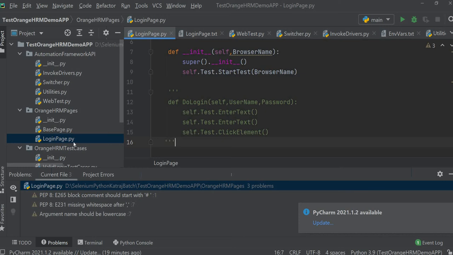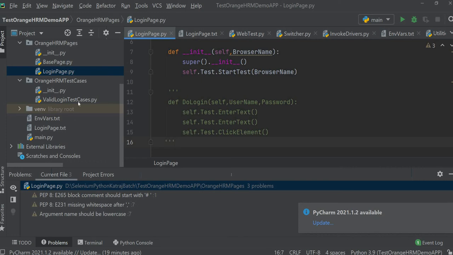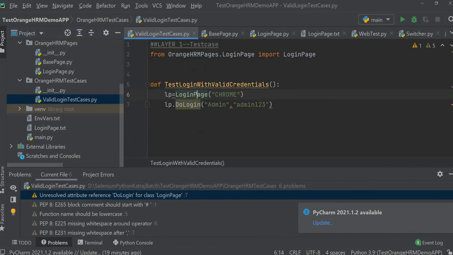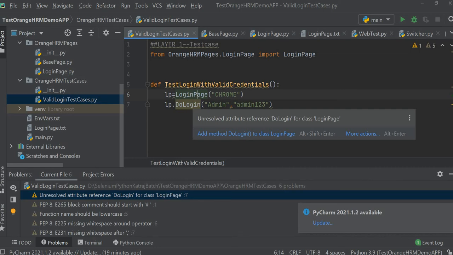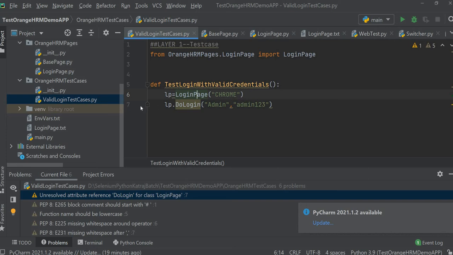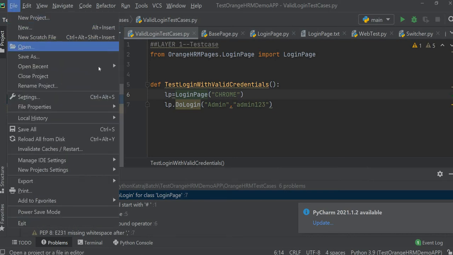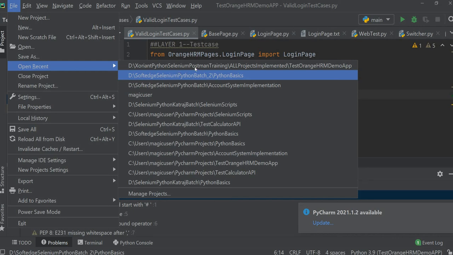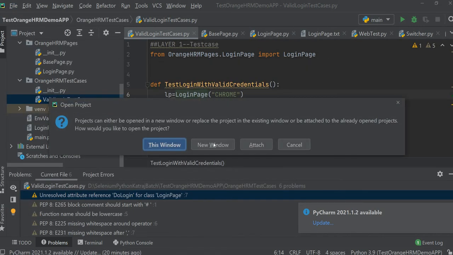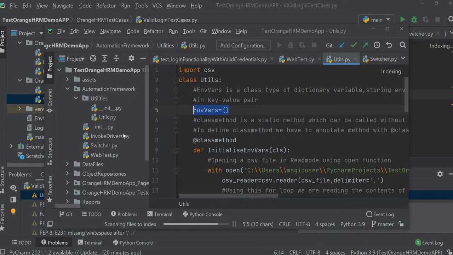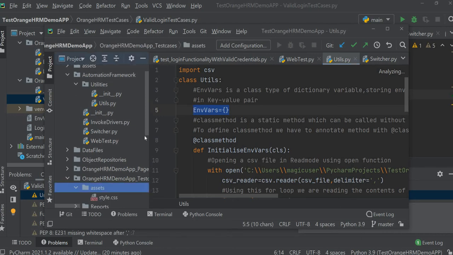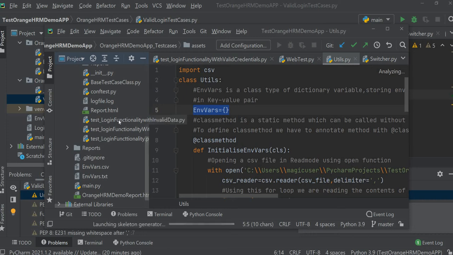Now when we run our test cases file, what I'll do is let me open my other project. I'll just get the name. I think the name is this, test.